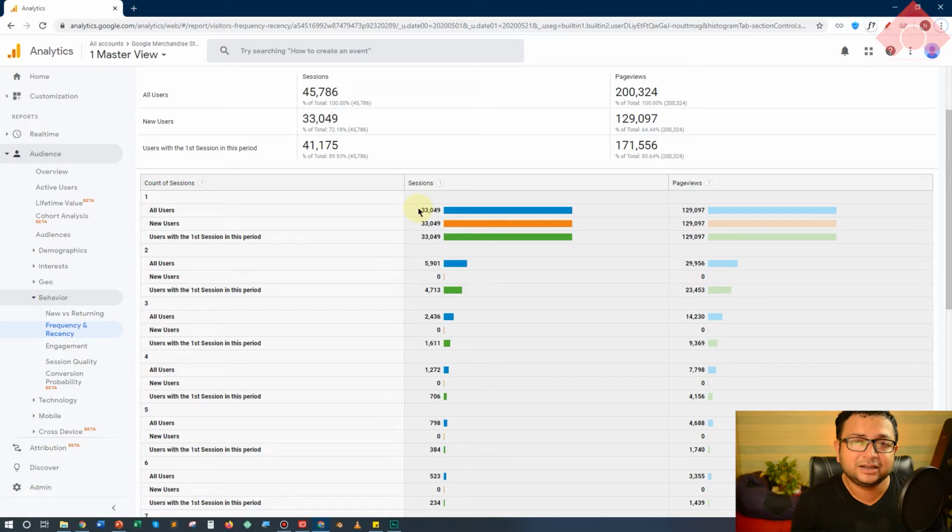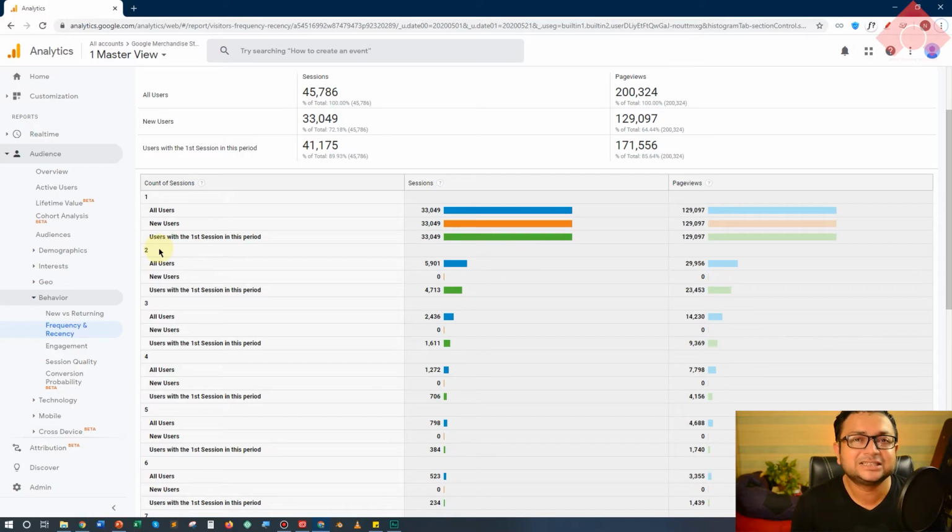Now you will see that the numbers are the same over here, obviously because all users with 1 session are equal to all the new users. That means the new users who made their first visit to the website in this period, and it's also equal to the users who have made their first visit in this period.